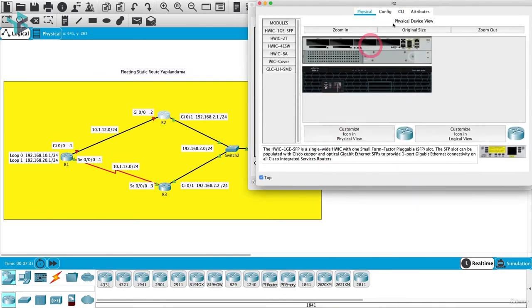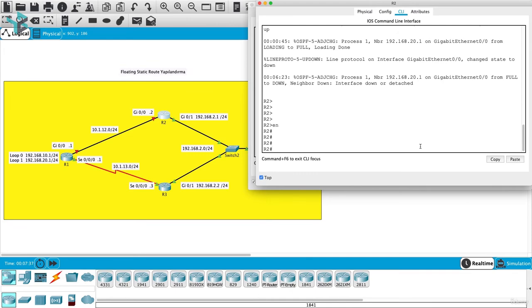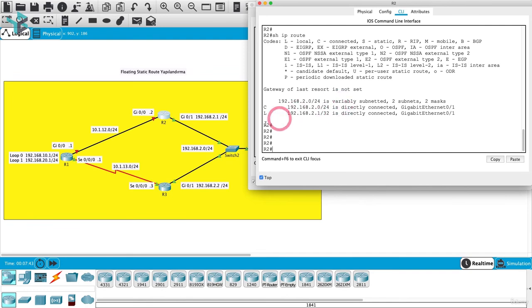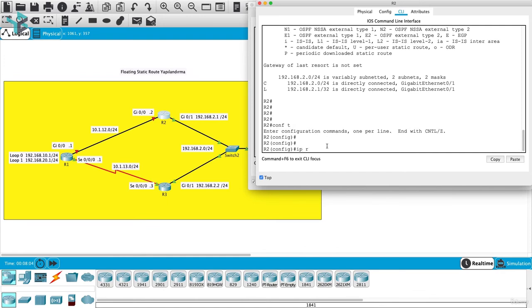Now let's add a static route on router 2. When we write show ip route, it only knows its 2.0 subnet here, and the interface on the router's first side does not show its 12.0 subnet in the routing table because it is not currently active. Router 2 learned the 192.168.10.0, 20.0, and 13.0 subnets from router 1 with OSPF, but now that the OSPF connection is gone, it does not know these networks. We need to add these networks here via static routes. Let's write it right away. ip route 192.168.10.0